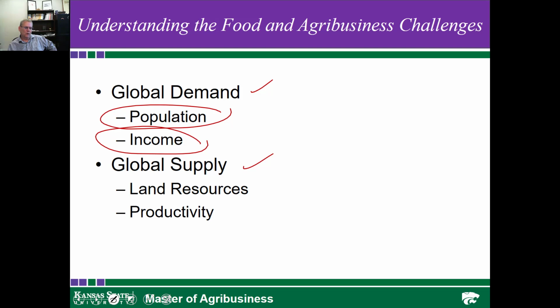Then the next thing we're going to do is look at land resources. And so where are we from a land resource perspective? And then productivity. And so there's two things that essentially provide food. Certainly one is land, and then the other one is how well we use that land. And so by providing that information, certainly I think it will be helpful to begin to understand just where we are and do we have that potential to equilibrate demand and supply